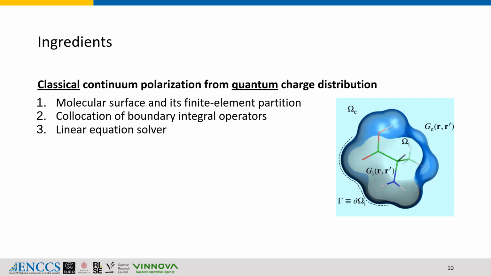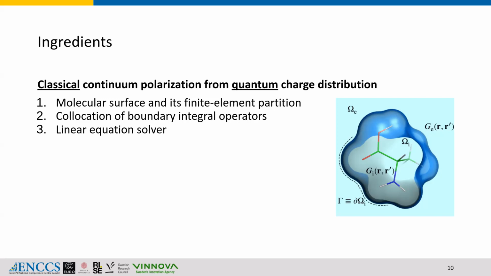This is still my molecule in the environment, in the continuum. So we have a classical continuum polarization that affects the charge density, which is a quantum charge density inside the cavity, and vice versa. So the two problems are coupled, because of course, if I change the charge distribution inside, the polarization will change, and so on. So they need to be solved self-consistently, and this can be done within the self-consistent cycle in the computational program. But the ingredients from the classical point of view, which is what I want to implement in my library,